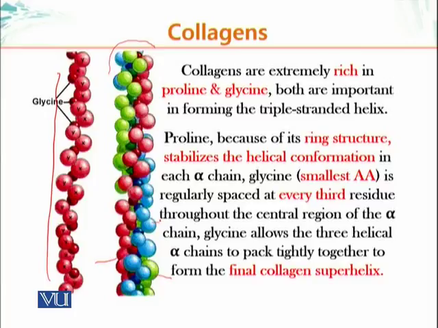And glycine, as you know, is the smallest amino acid. Here the small balls, red balls, are basically glycines. And when you go to the triple helix, you will notice that the smaller red balls, the smaller blue balls right here, and also the smaller green balls, they're pointing towards the inside of this larger structure, the triple helix. So generally, every third residue in this molecule is a glycine molecule, and this basically permits this molecule to form